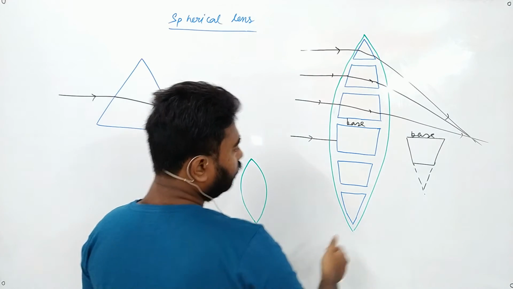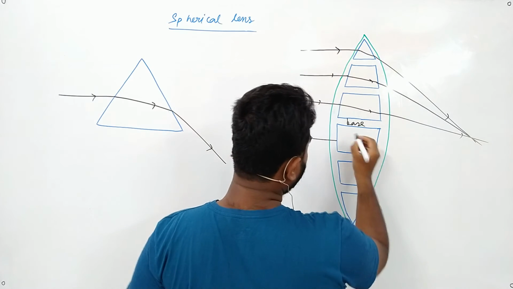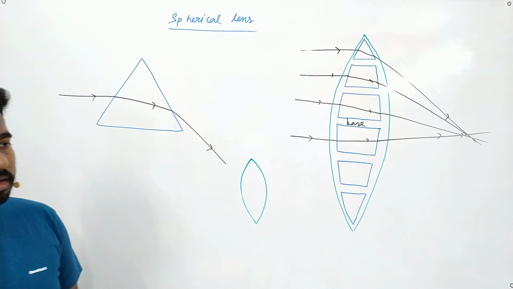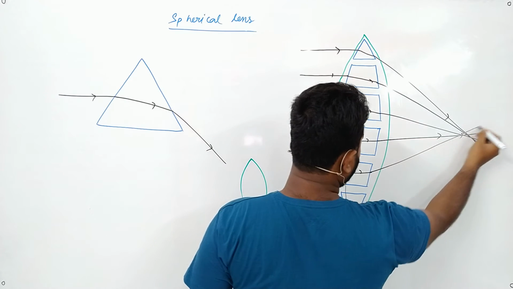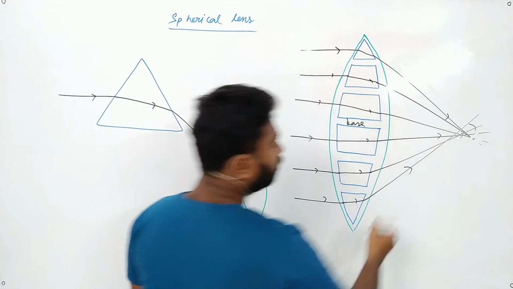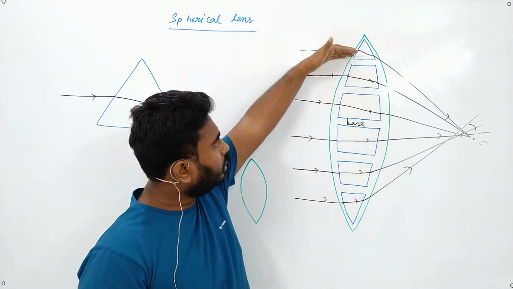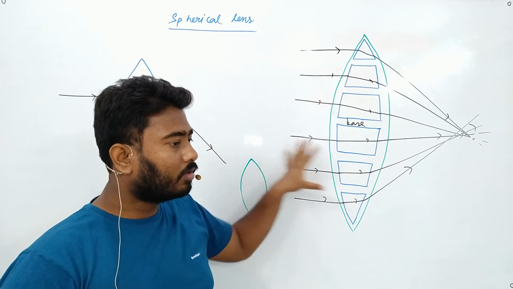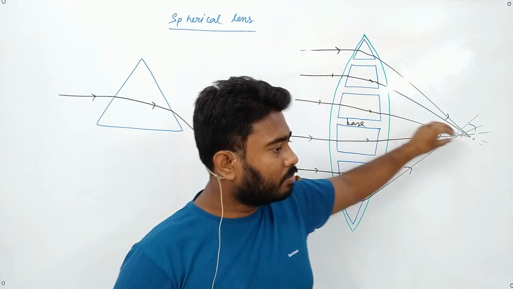Clear? Yes, sir. So if it is the base, then it will refract, and after refraction it will pass in this way. Is the idea clear? Look at the bottom portion, the last one. It will pass in this way. Look at this one, it will also pass in this way. Is the concept clear? Yes, sir. That means if I divide and make a lot of prisms like this, and if I pass parallel rays of light, I can see that all of them converge and all of them move through a point.